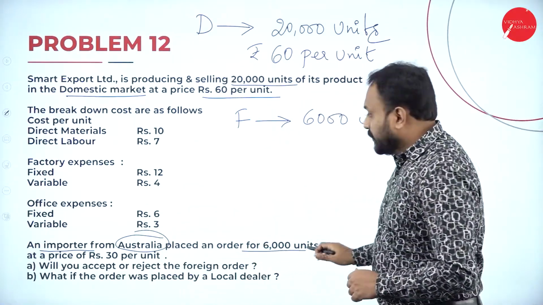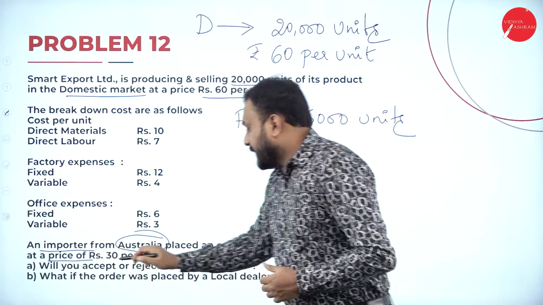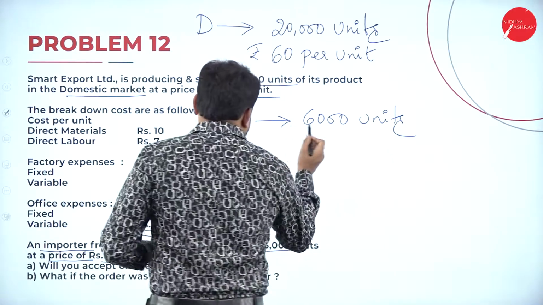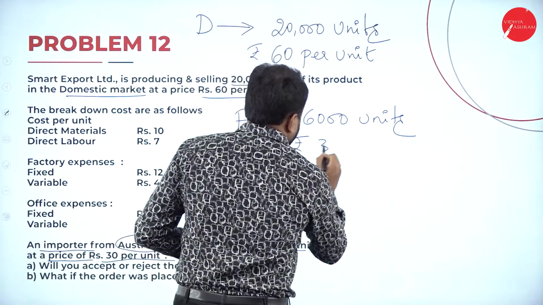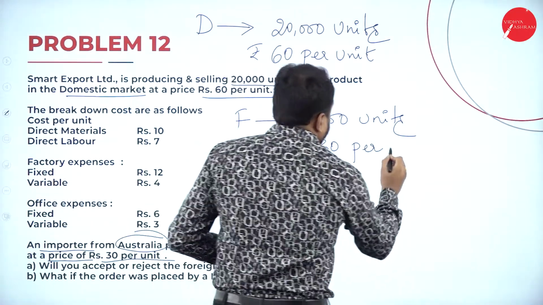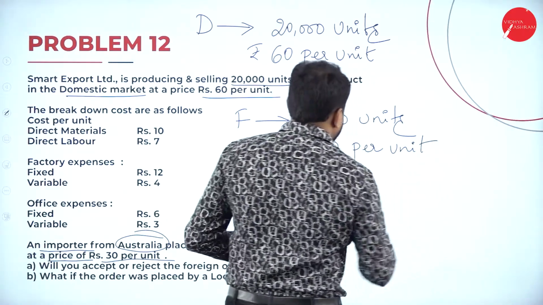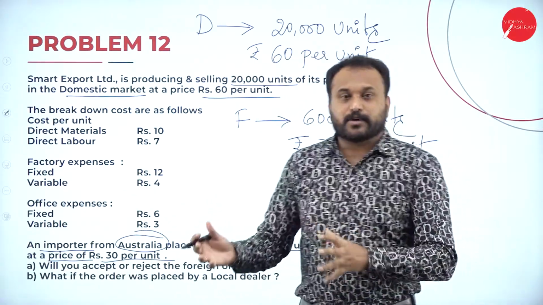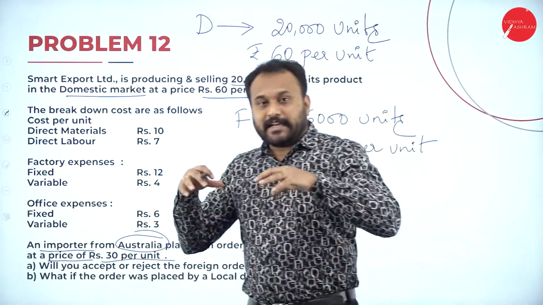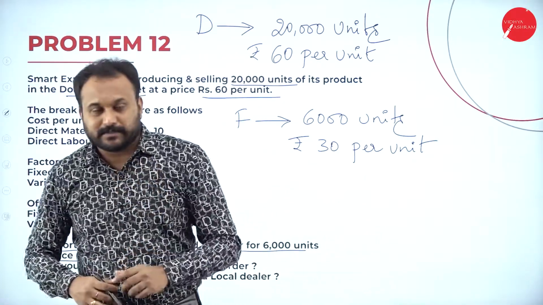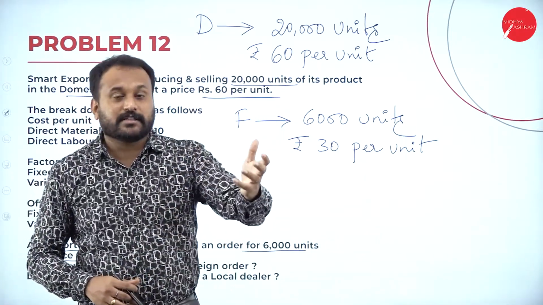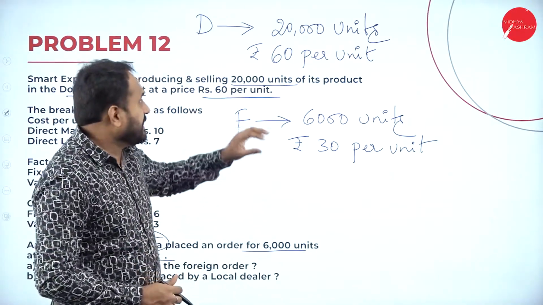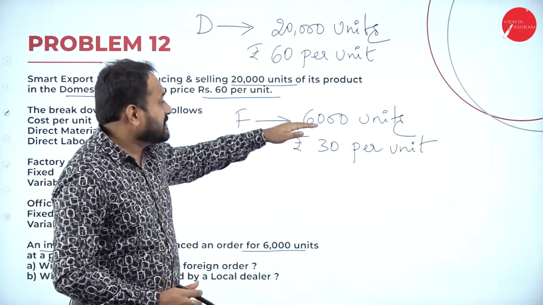Now 6,000 units at a price. They have given a price of rupees 30 per unit. How much is the price? 30. So again here you'll write rupees 30 per unit. Done. See, some product, we don't know what exactly the product is. If I'm selling in India, I'm selling it for 60 rupees. Now I got a call from a foreign order, that is Australia. From Australia, I got a dealer where he says that he needs my product and he needs only 6,000 units,